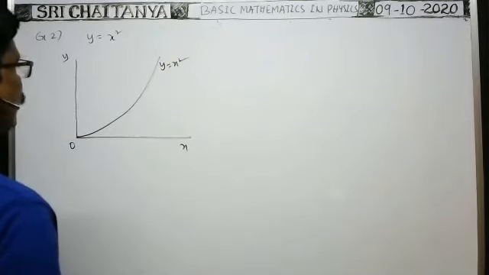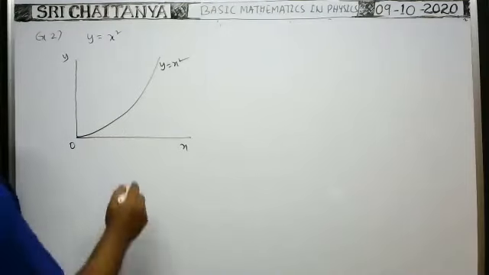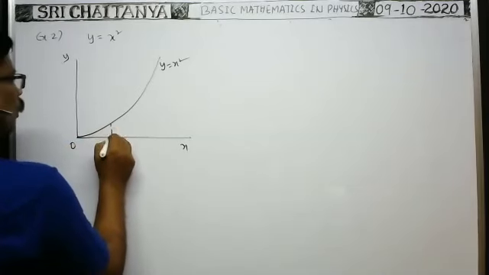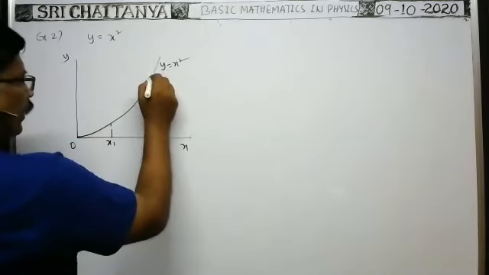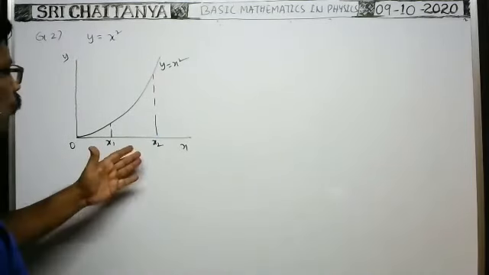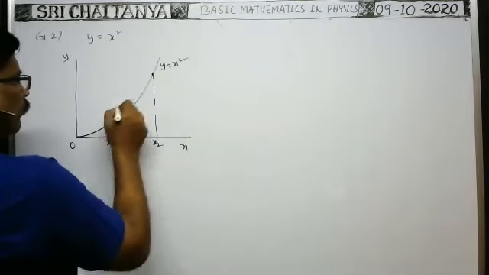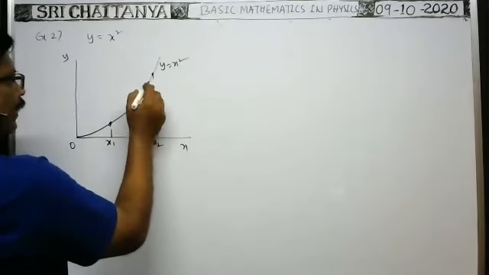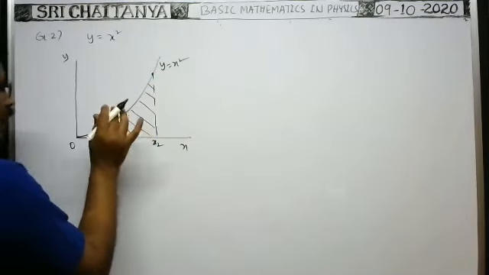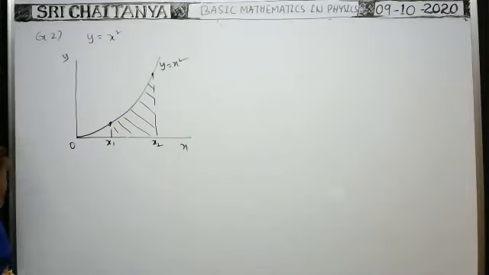What is the area under this graph? So in this case, we cannot find it directly. What is the area under the graph from, suppose, x1 to x2? The x1 point is here, the x2 point is here. Between these 2 points, this shaded part is the area under the graph. So what is the area under this graph they asked? How can we find it? Okay.